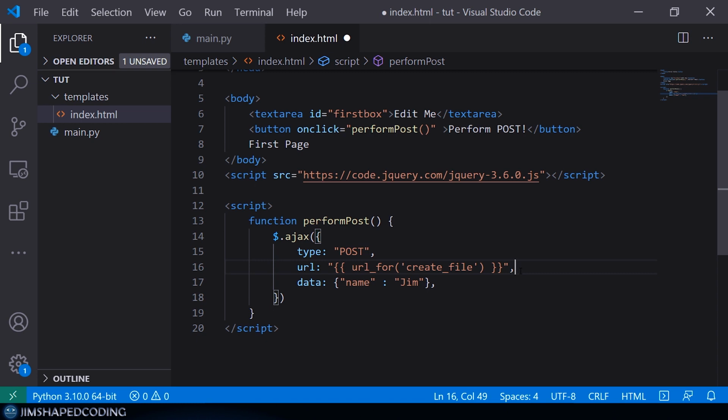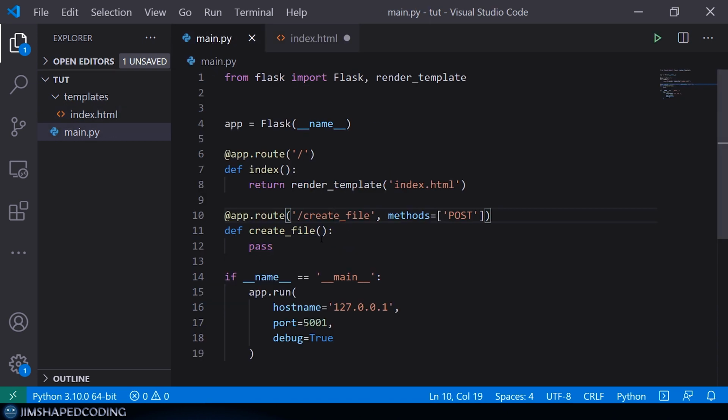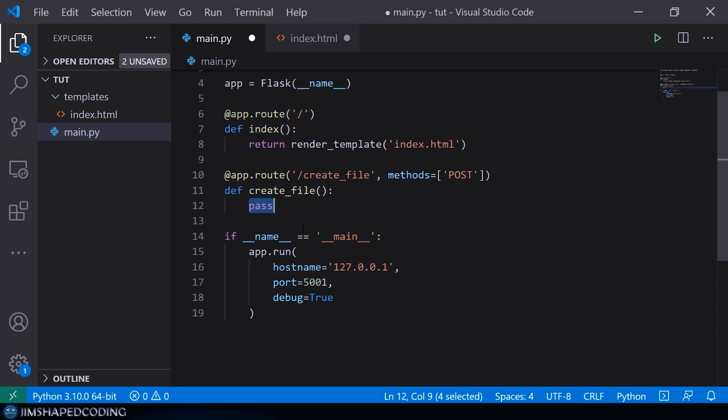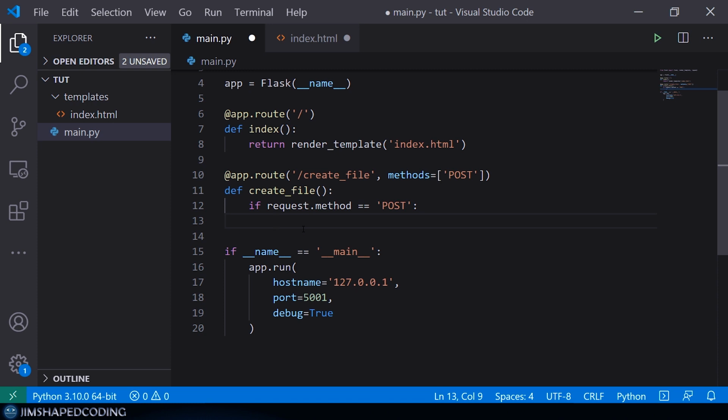And now that we have this, then we can go back to the server side and do something with the arrived information. Now, the way that you can access it is by seeing what data is inside the request. So first things first, I need to import the request object from Flask, and then I need to write the following code. First, I want to verify that the request method is actually POST. So I can say if request.method is equal to POST, and if that's the case, then I want to first print this thing. So I will say print